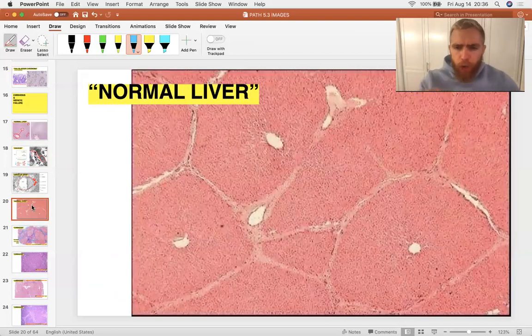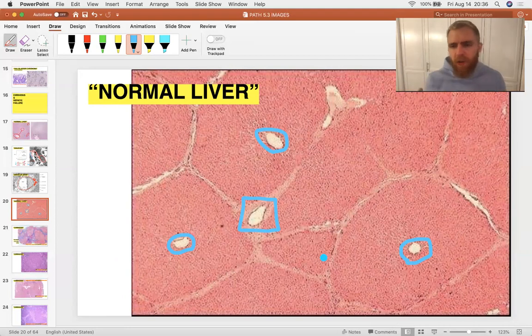So one more good look at a normal liver. We've got central veins. Can you tell why they are called central veins? Except for this one here. And you can tell that the hexagons of the liver are a little bit mildly partitioned off by collagen. But if we look at a cirrhotic liver,